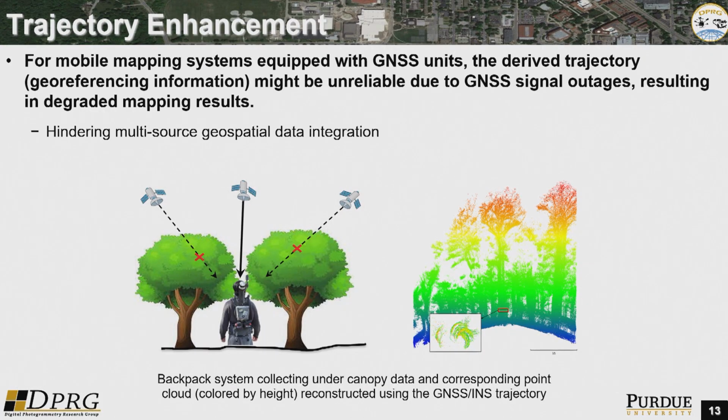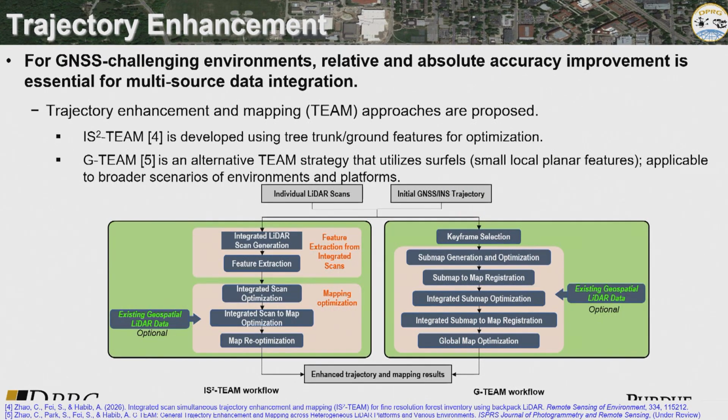So now things will come a little bit to the trajectory. The problem with the trajectory, if you collect data under canopy, is that you have these issues, GPS signal outages, and then it's not only the system calibration, but the trajectory enhancement. What you see here in the lower right is that if the GPS trajectory is not good, you can see this ghosting of the LiDAR point cloud data. So we developed what we call TEAM, trajectory enhancement and mapping. We don't use SLAM because SLAM mainly deals with aligning the data in a relative sense. With TEAM, we are quite interested in aligning the data in an absolute sense.